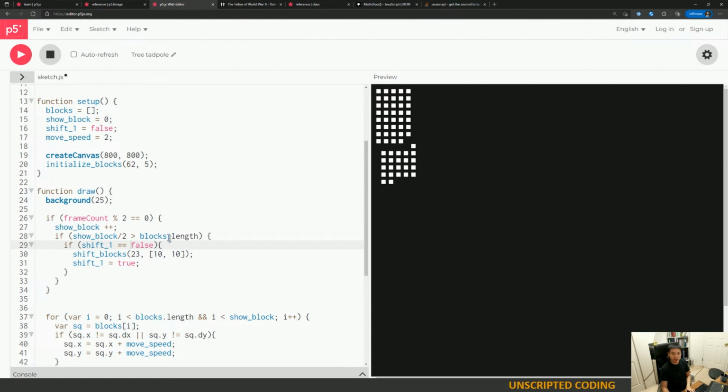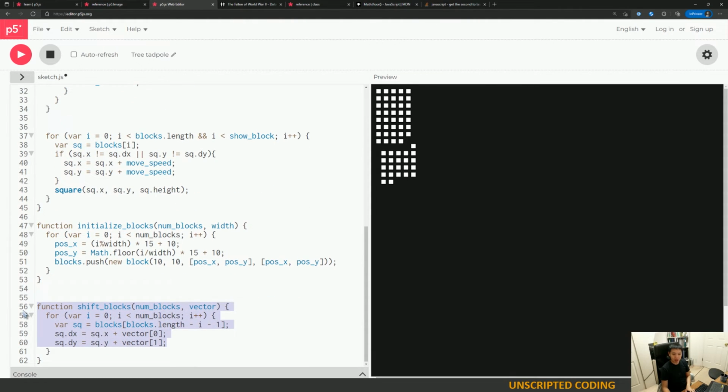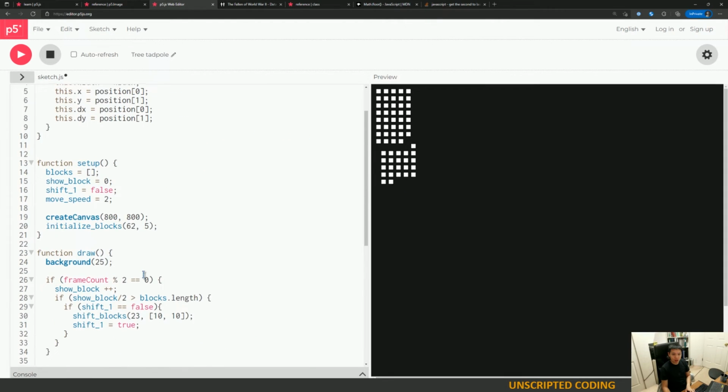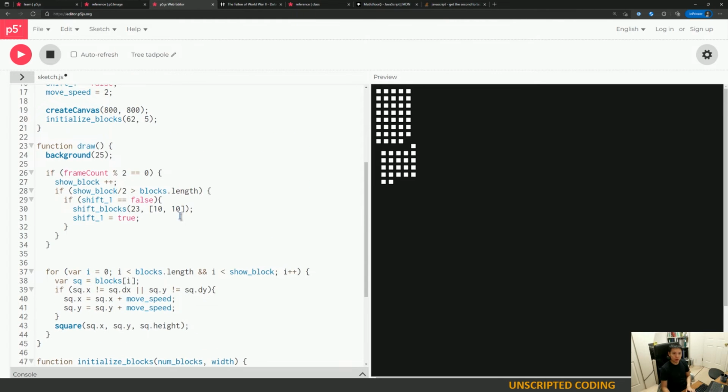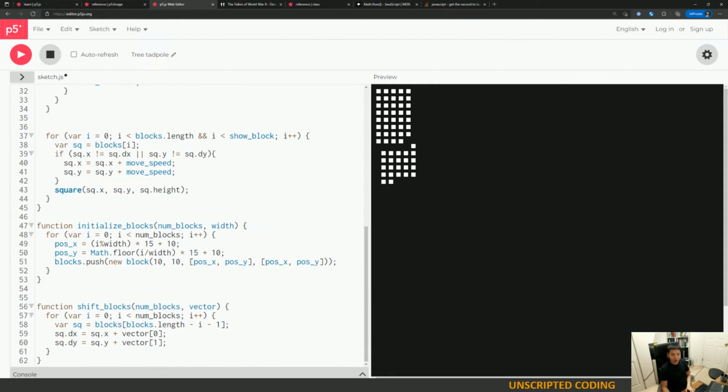I think you've seen that in the video already. The idea is we only want to run it once, so we have to switch this flag to true. And then we finally run the shift blocks function, which we've written down here. Very simply, we are finding a sub number of blocks. Over here, it is the bottom, I think I said 23 blocks, and we want to find a vector. How far down do we want to move it? Over here, we want 23 blocks, and we want to move them 10 to the right, 10 to the bottom. And so for that,